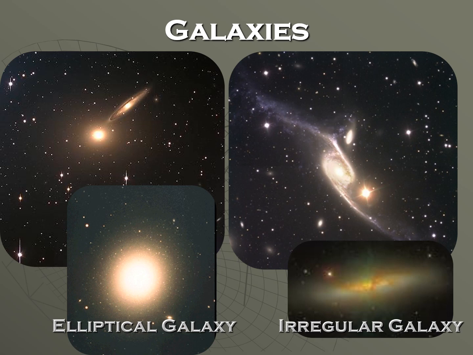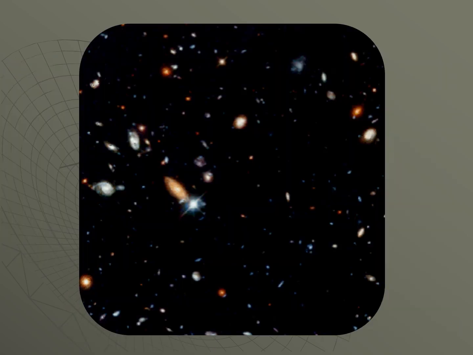So we've already seen that there are many kinds of galaxies, hundreds of billions of galaxies out there. Remember that in this deep field view of the Hubble Space Telescope, there are so many galaxies, it's almost ridiculous. In this tiny little picture, all of those. And you might wonder, what does it look like in the brand new Webb Space Telescope, the JWST? How does that look? Well, let's see.